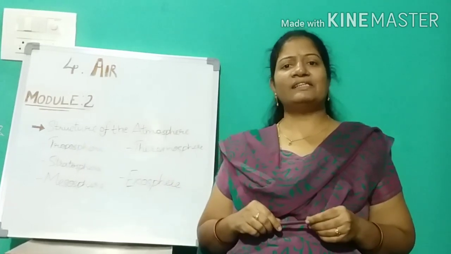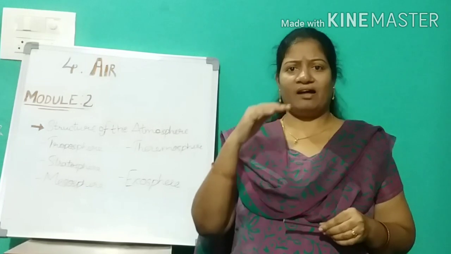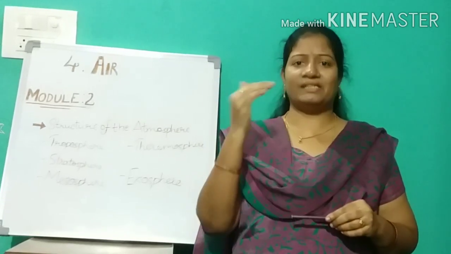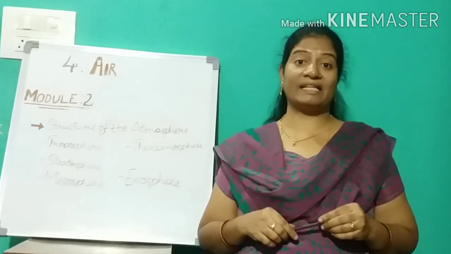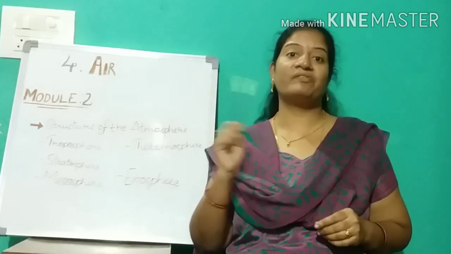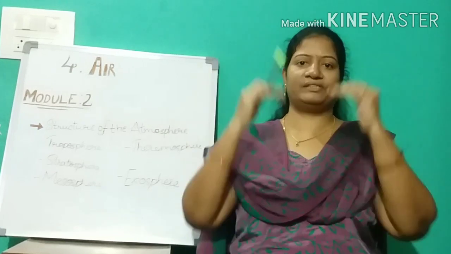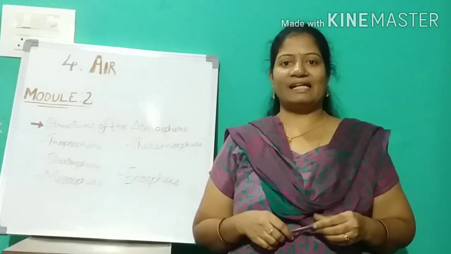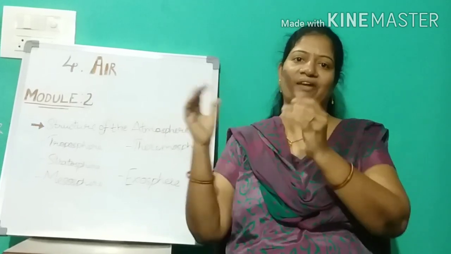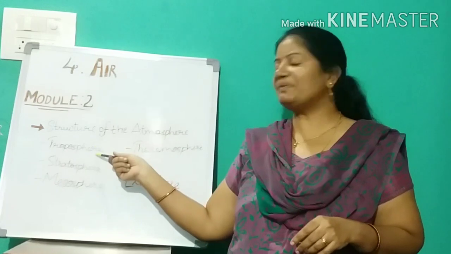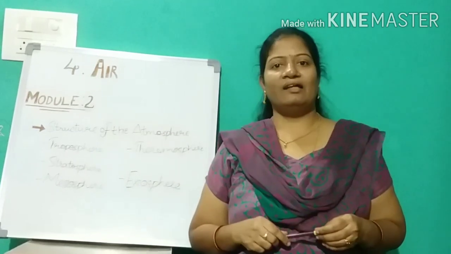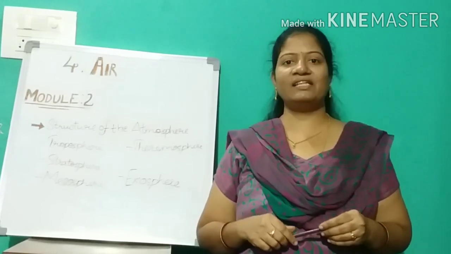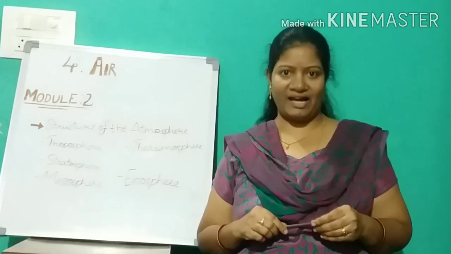Here in the troposphere, almost the whole atmosphere is up to 11 kilometers, but the troposphere extends up to 13 kilometers of height from the earth's surface. In that, we can consider the poles and the equator. At the poles it is 8 kilometers of height, and at the equator it will be 18 kilometers. On average it extends 13 kilometers of height.